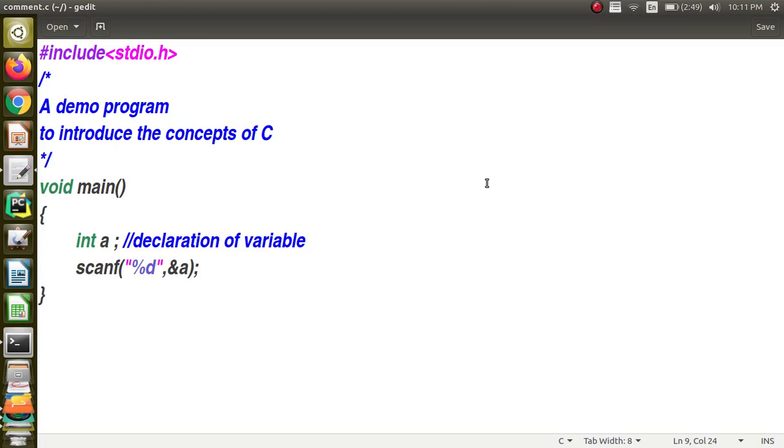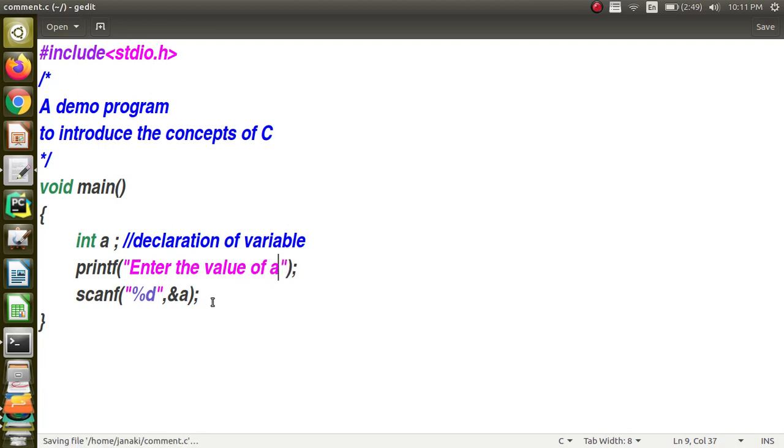So now, first of all, before reading the value, I want it to be more interactive. So I am going to give a string, enter a value. Merely a string like this can be given. Is it clear? I want to make the program interactive. So before reading the value, I want to print something so that the user understands what is expected by the program: Enter the value of A.